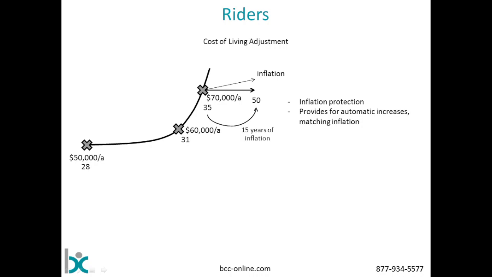The next set of riders we'll look at are the waiver of premium rider and the rehabilitation rider. Now, the reason we'll look at these together is because we find that many insurers will automatically include these in their disability policies. So the waiver of premium rider, what happens here, you become disabled,